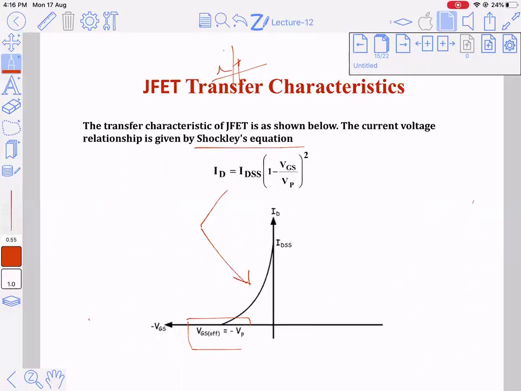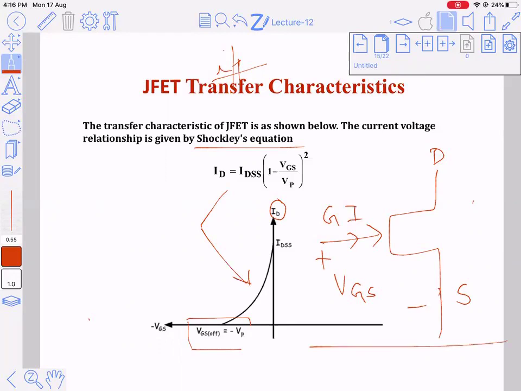And see, there is only one current, as I mentioned. In case of our JFET, this is our gate, this is drain, this is source. What is the voltage? You have VGS. It's like a two-port network, no? Like BJT. The current is IG. This current is IDS flowing from drain to source. And this voltage is VDS. So this is my input section. This is my output section.